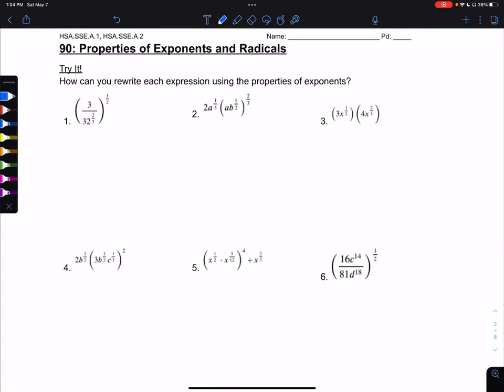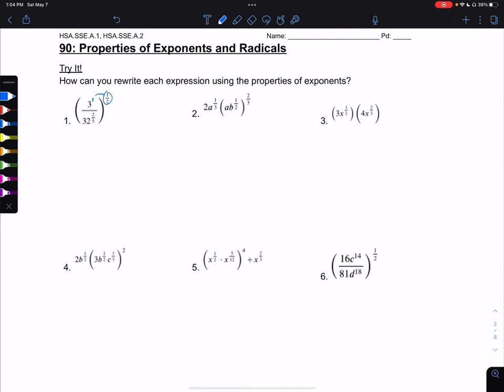Here we're going to look at the first 6 practice problems for topic 90, properties of exponents and radicals. So the triad examples, they're asking us how can you rewrite this expression using the properties of exponents. All right, so example 1,